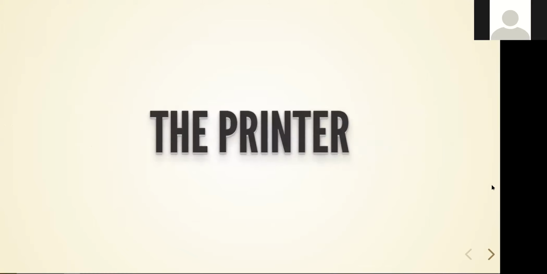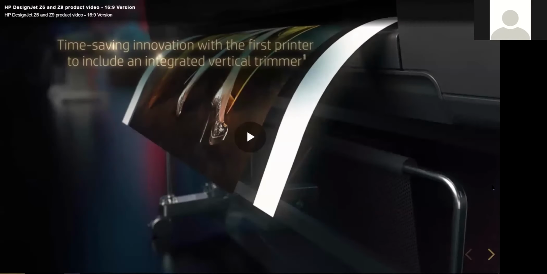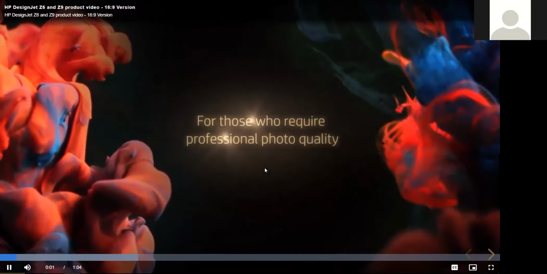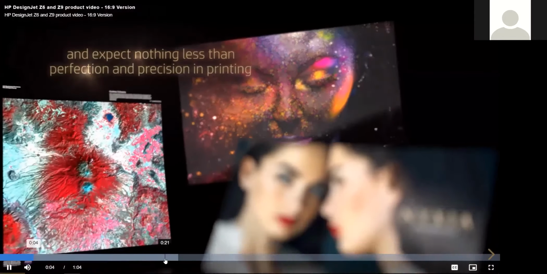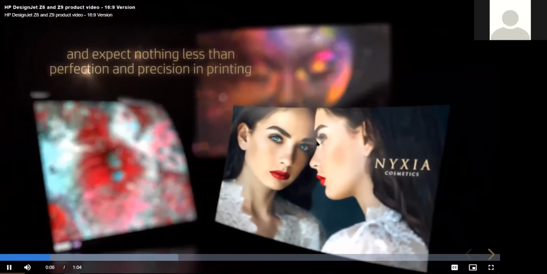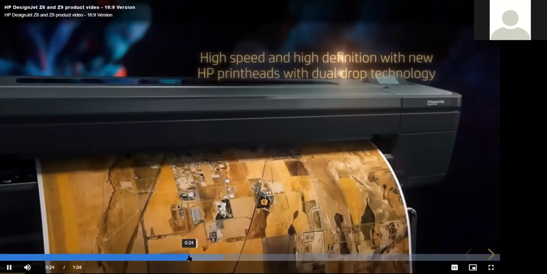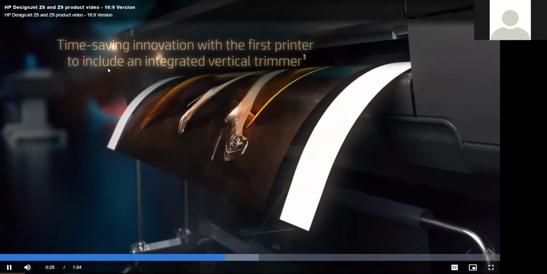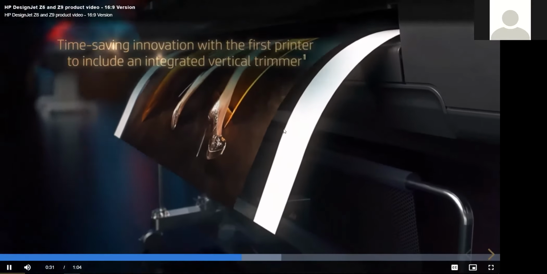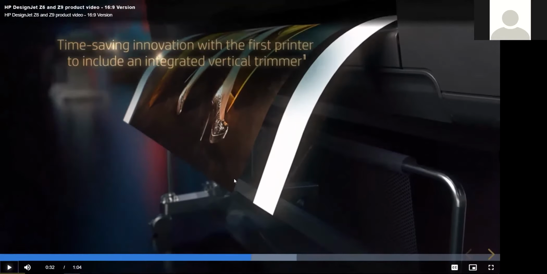So that's that. Just to show off a little bit, this is what the printer itself looks like. It's in a very marketing type video. You can print stuff like this, no problem. But the biggest thing I wanted to show you is the fact that it says the first printer to include an integrated vertical trimmer. See that there? That means that,